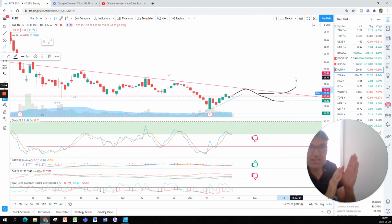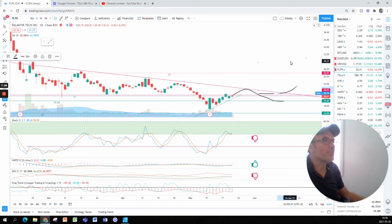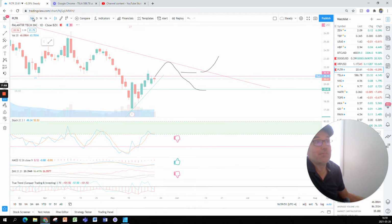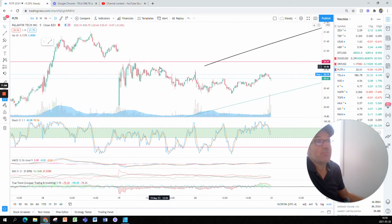This is the fundamental part of my brain that's talking right now. It's not the technical analysis one, but the fundamental part of my brain is saying, well, this company will go somewhere at some point. But we just have to be patient. The stock market, we need to be patient in the stock market. If we don't want to be patient, we need to day trade. We need to go down to the 5 minute chart, and now we don't need to be patient that much,